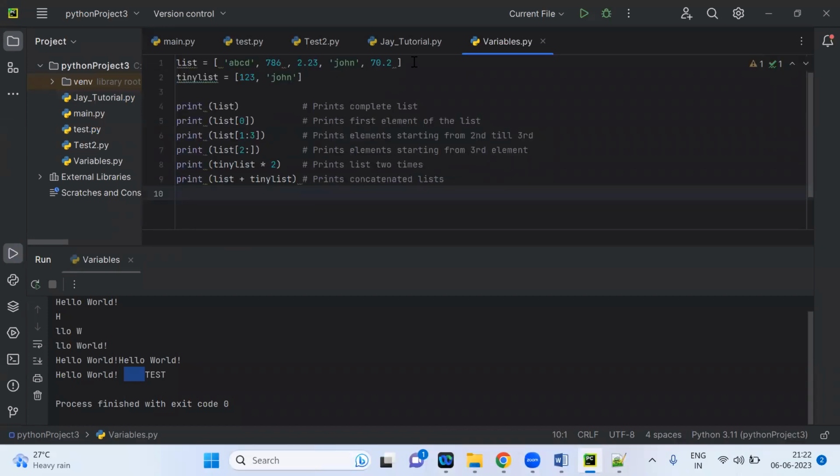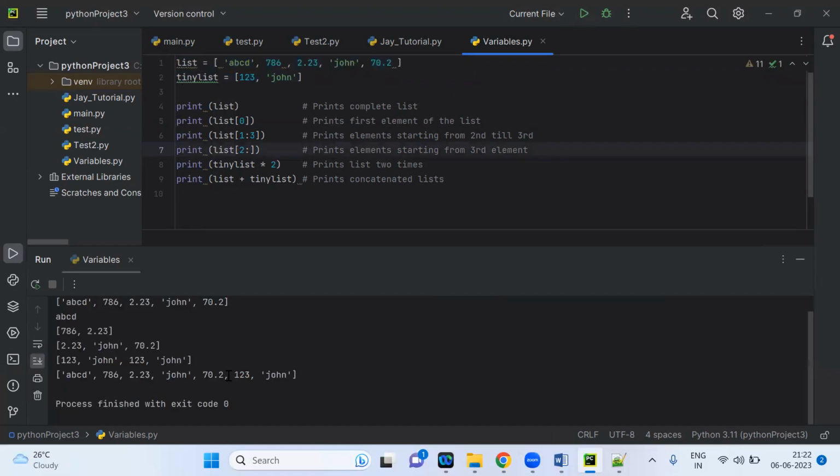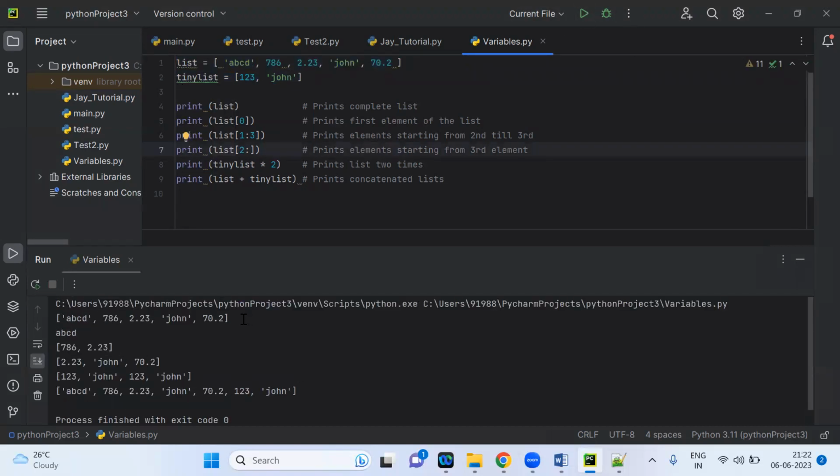Now, what is the list we have? This is the list which contains 5 values, comma separated values. This is the list which contains 2 values, comma separated values. So if you print list, it will give you the first list value. These are the first list values. Okay. And then when you want